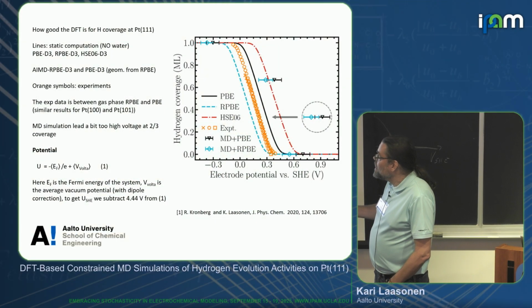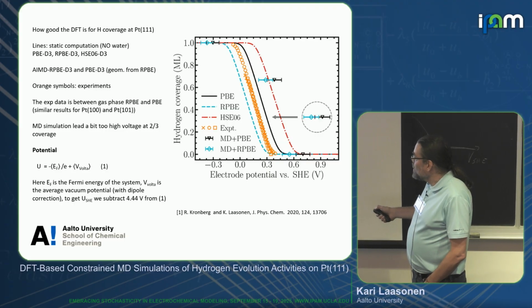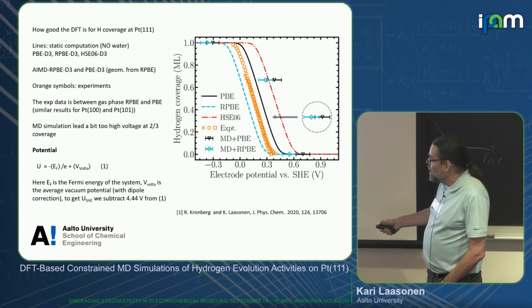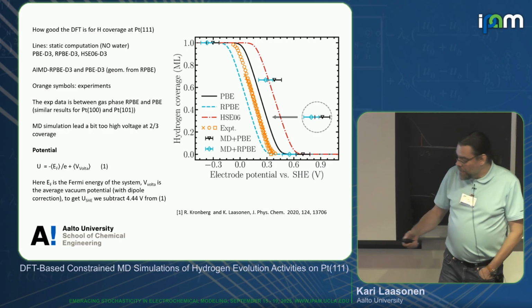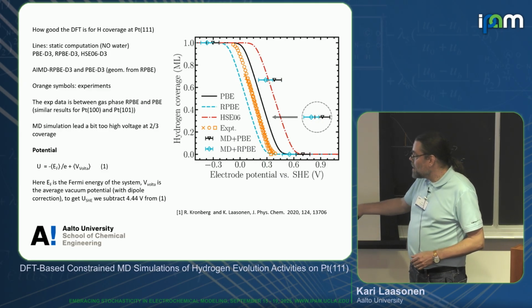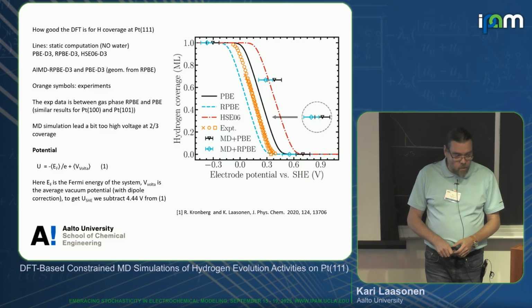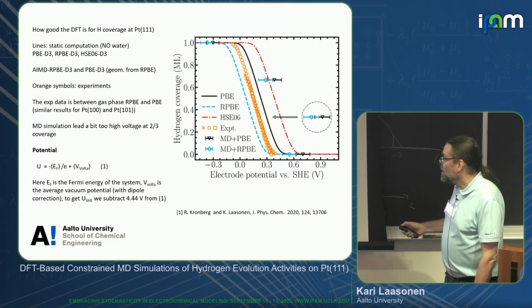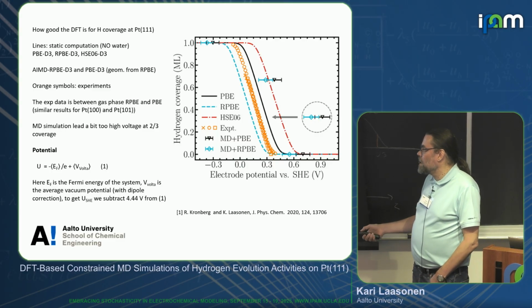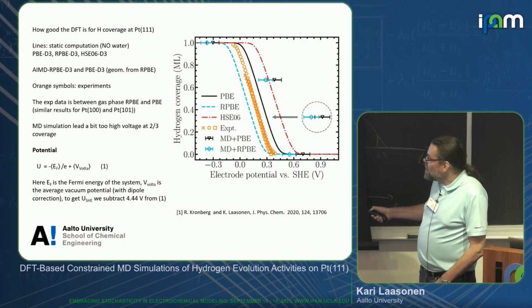So what we did here, we tried a couple of models. This is the coverage with respect to the voltage. Axel mentioned it already. What we can do is compute the Fermi energy of the system, and compute the vacuum energy, and there we get this voltage, and we subtract this 4.44 volt. You can argue a little bit whether this is exactly 4.44 or something else, but we use 4.44. So what we have done here, this is the experimental data, and now